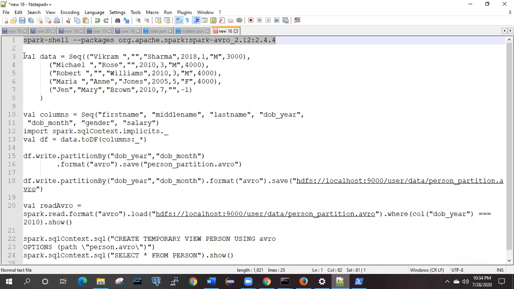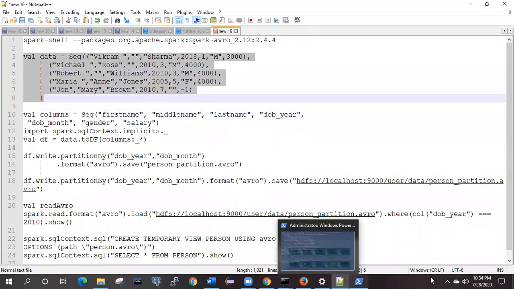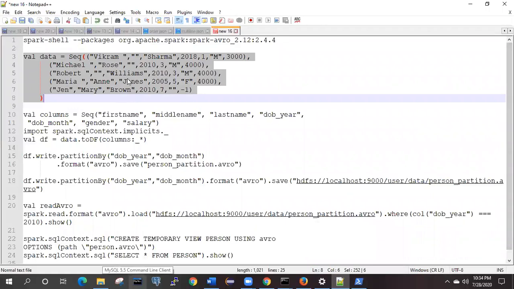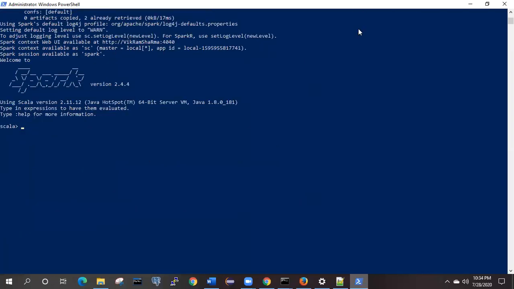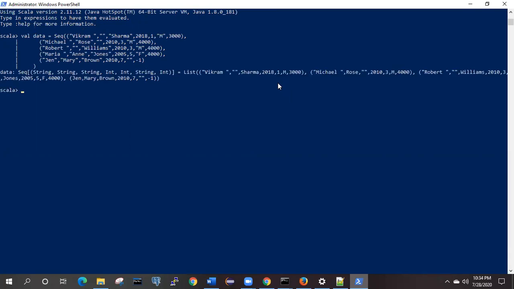So first we will try writing Avro partition data. This is the particular data which we are going to write. Just copy it and paste over here. All these things I will put in one document, don't worry about that.